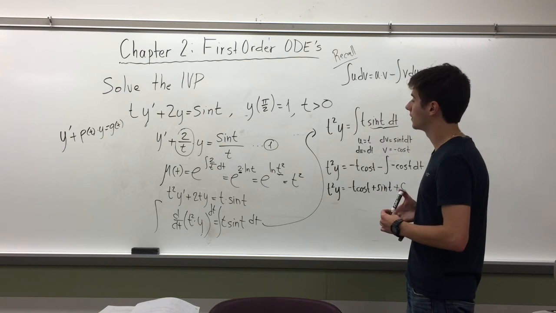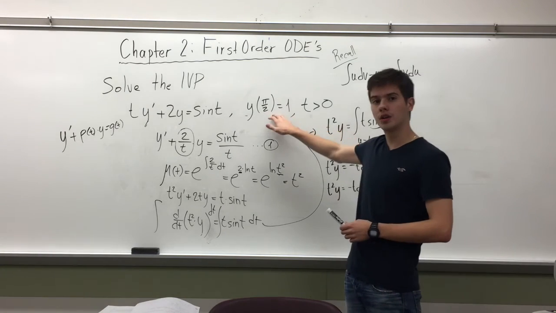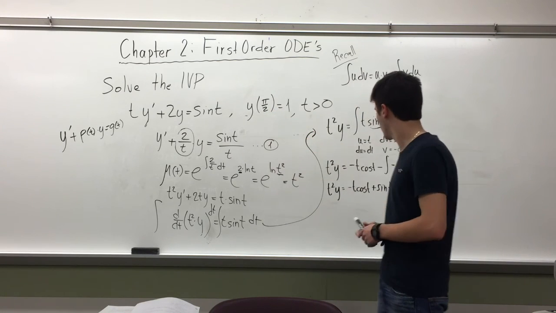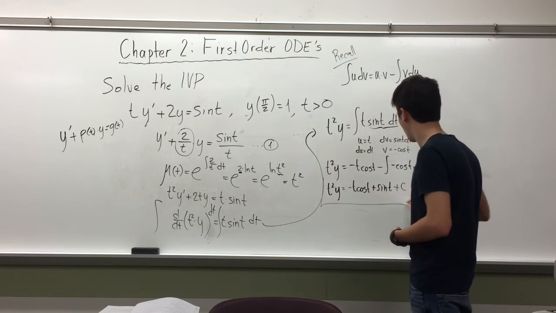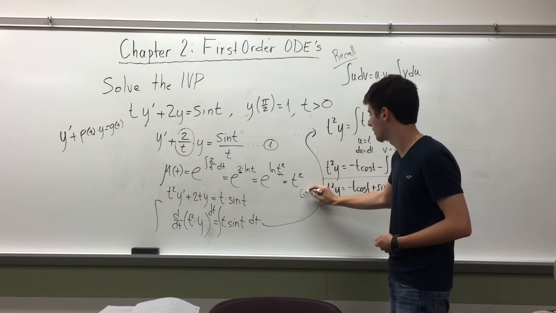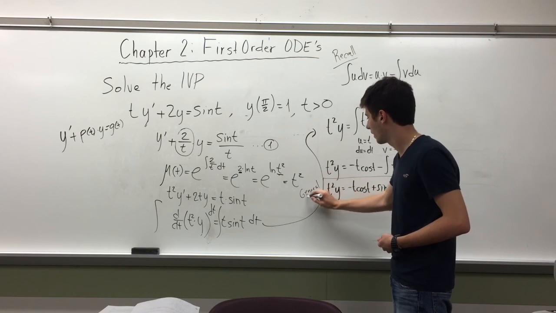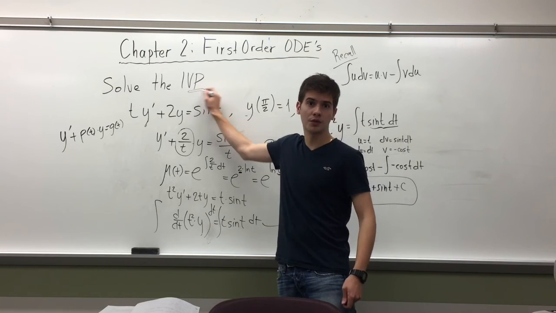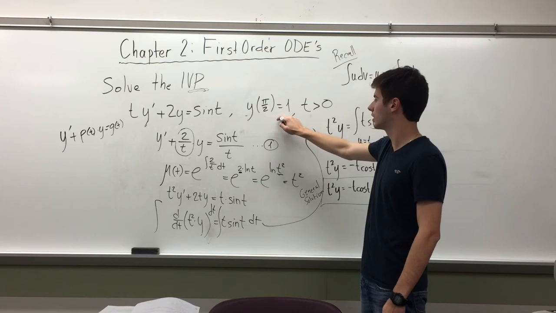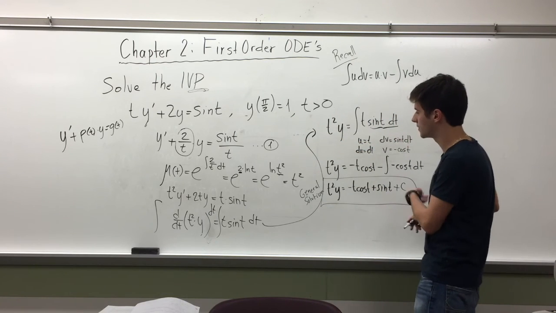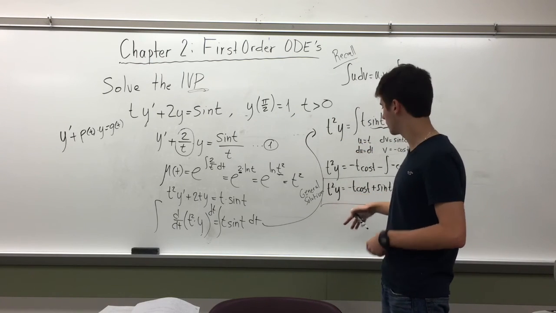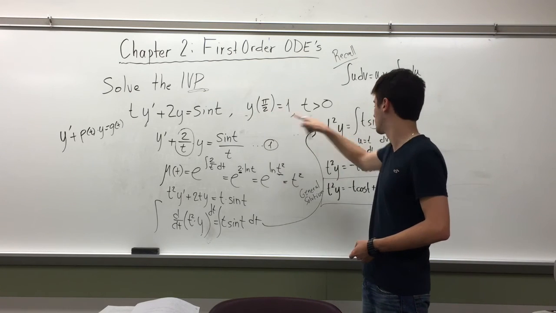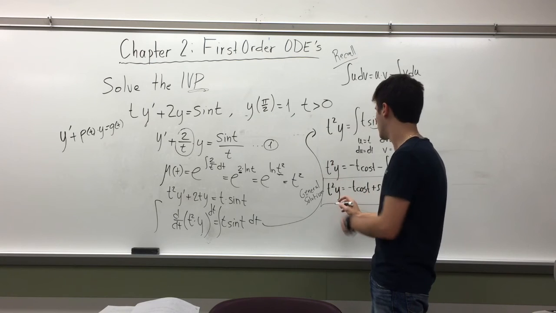But we're not done yet. This is where our initial condition enters. This is the general solution of our ODE. But the problem asks us to solve the initial value problem, so we need to use this initial condition to find the value of c. So if we use that y of pi over 2 is equal to 1, we say that